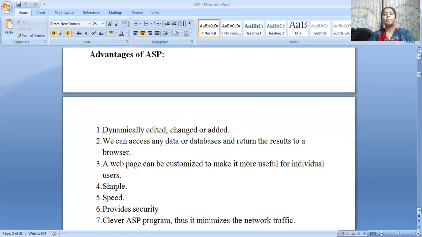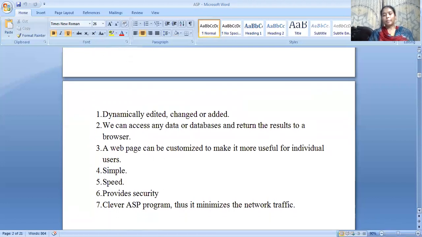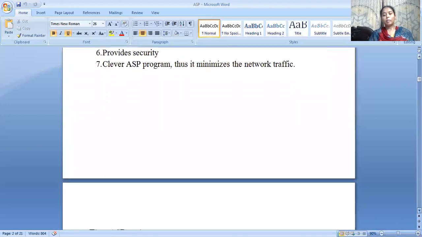It provides a simple and speedy environment. It provides security and clever ASP programs. It also minimizes the traffic. So these are the different advantages we can see in ASP rather than HTML.